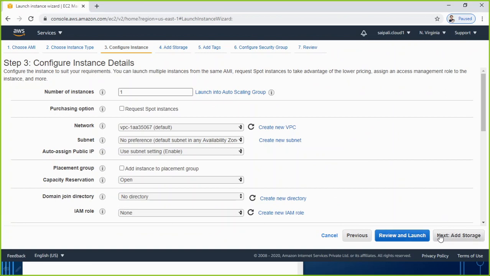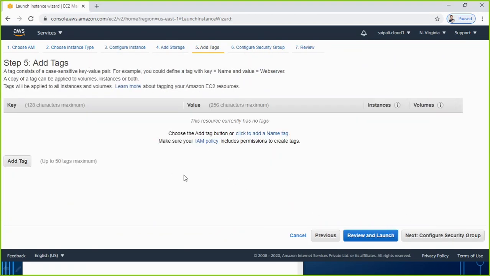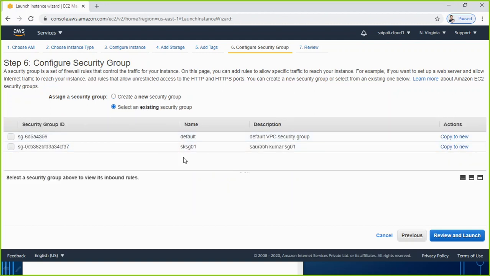What next do we generally require? When we go to next, add storage, the defaults can go with it. Tag, if you want to have a tag, you can add a tag also. Security group: if you want to use any existing security group, we can go with any. If you want to go with default, you will use the default name. If you want to go with the one which we have created, we can go with that one also.